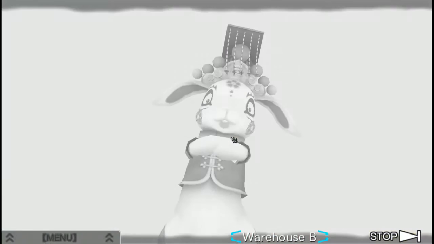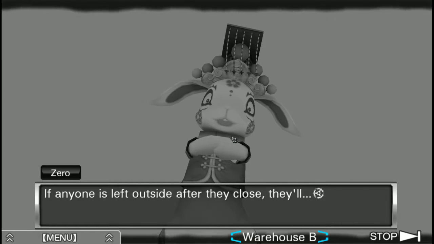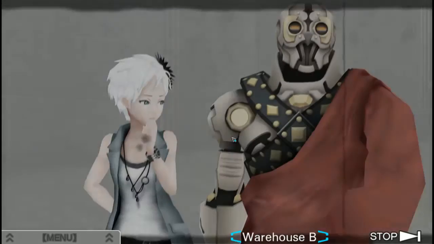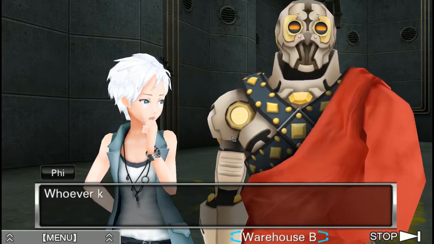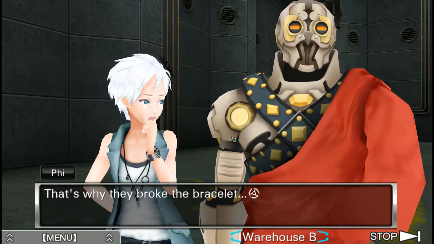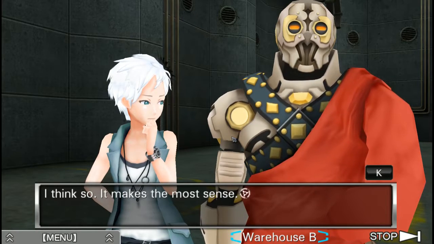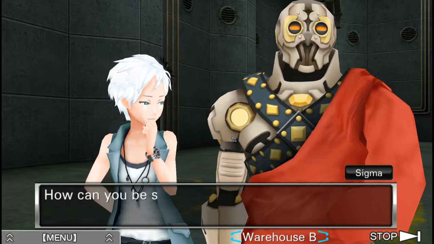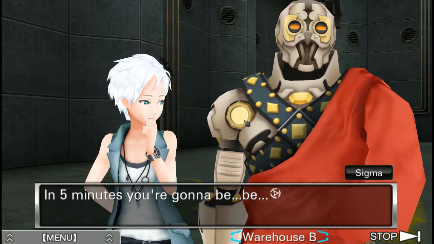When the time comes, those 3 doors will automatically close. If anyone is left outside after they close, they'll be penalized. I see. That's what they wanted. Whoever killed Dio wanted to use the game to kill me and Kay. That's why they broke the bracelet. I think so. It makes the most sense. How can you be so calm? In 5 minutes, you're gonna be...